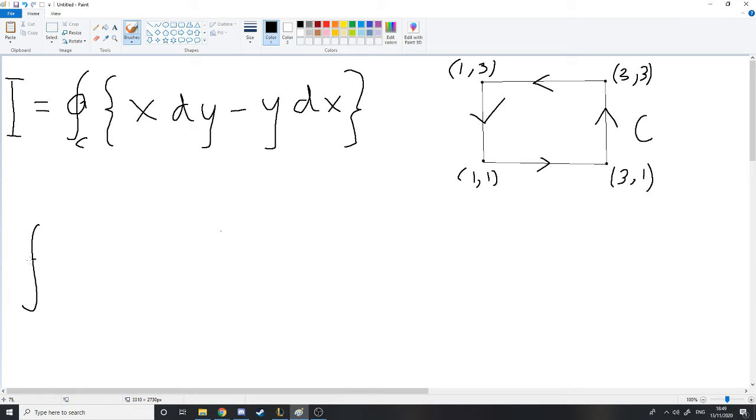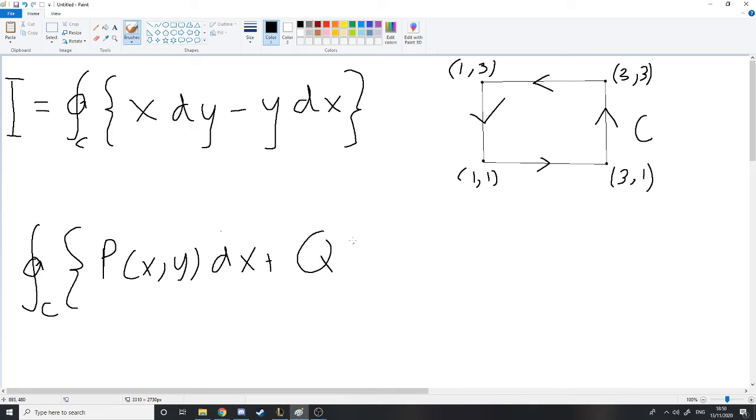relates the line integral over a curve C, which in this problem is this curve that's going around the square. Line integral, let me do that again, of the form of a function of x and y like this, dx plus another function of x and y, dy,